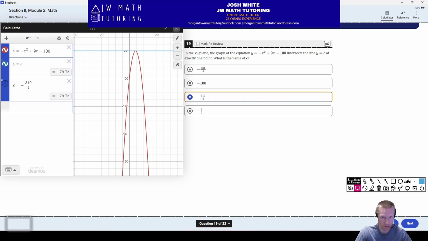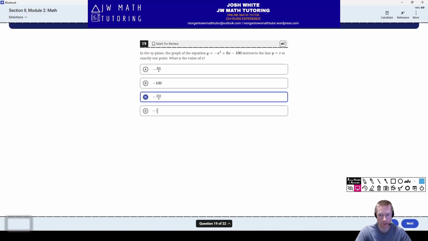Honestly, I think that's the fastest method, but I will show you how you could do this by hand in case you have a free response question that is not multiple choice, where you are not given answer choices to type in. So essentially what we're doing is we have y equals c and we have y equals negative x squared plus 9x minus 100. So we're going to set them equal. So I can just replace this with c. And now if I get this equal to 0,